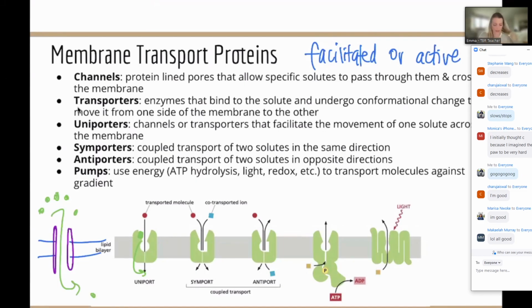Compared to something that is going to be coupled transporters, or sometimes they're called co-transporters. Those are going to be transporting more than one, typically 2 different molecules. So I'm going to write that here, co-transporter. Then you have these terms here, symport or antiport, which are basically as they sound. Port is movement, and sym means the same direction of movement, compared to antiport, moving in opposite directions. That's all that's going to be.